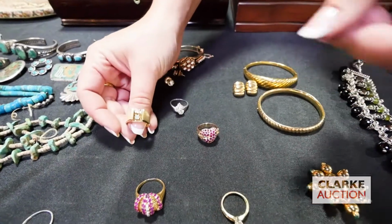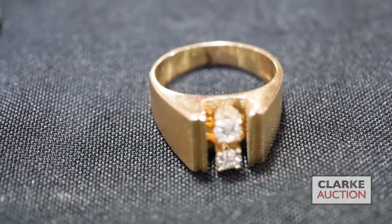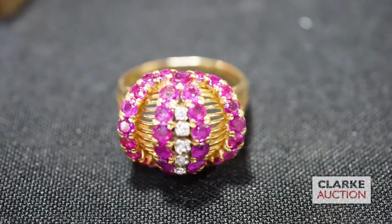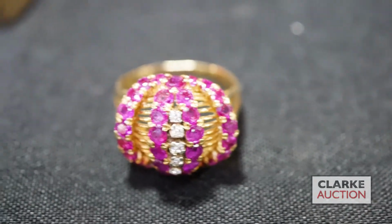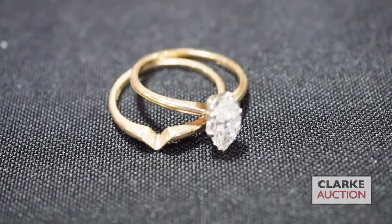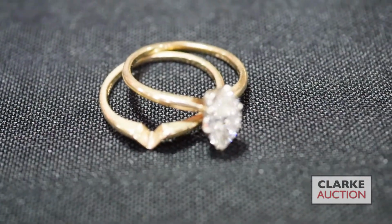A men's diamond ring, 14 karat gold with the 2 stacked round brilliant cut diamonds. We have this 18 karat gold ruby and diamond ring at $300 to $500. We have this marquise cut diamond, and it does come with the fitted band, so it fits quite nicely here, so it's the wedding